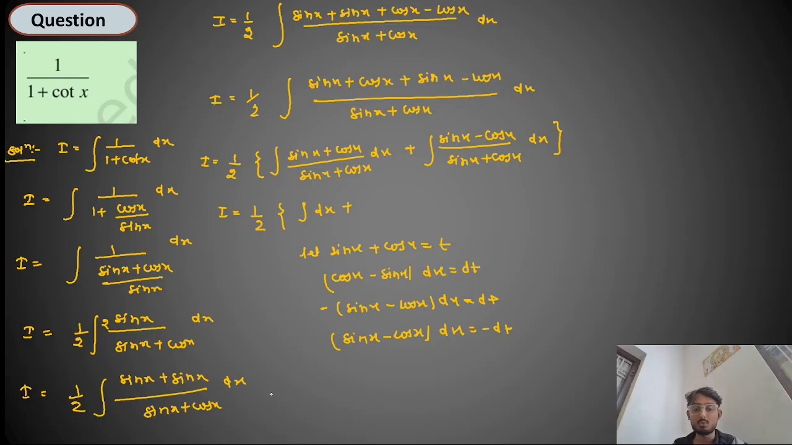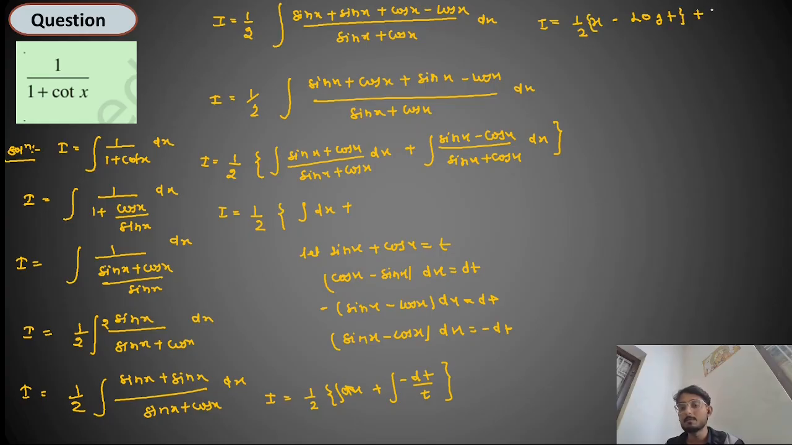Now you can put the value: I equal to 1 by 2 integration of dx plus minus dt upon t. So integration of dx equal to x. So I equal to 1 by 2 x, and integration of dt upon t equal to log t